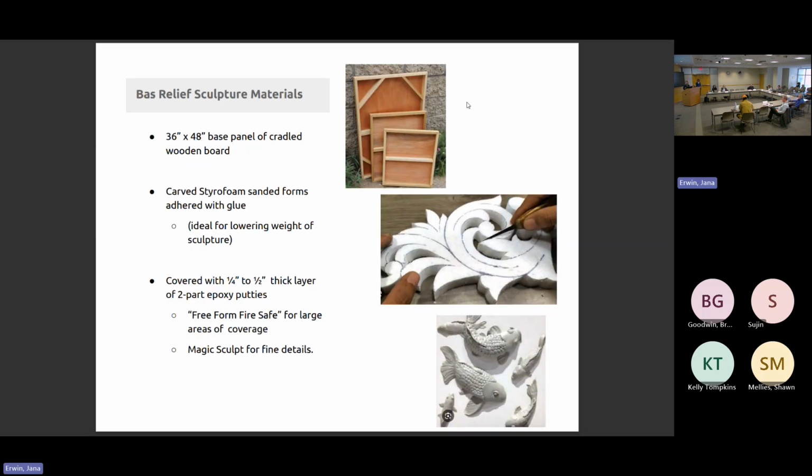So getting into the materials, I wanted it to be lightweight but very sturdy and temperature resistant, even though the fireplace is not too much of an issue for getting the heat. But I'll show you these materials will stand up. So I'm using a baseboard of this cradled wooden board, and then I'm going to carve these styrofoam pieces that will attach and then be covered with about a quarter to a half inch thick layer of this 2-part epoxy, which is